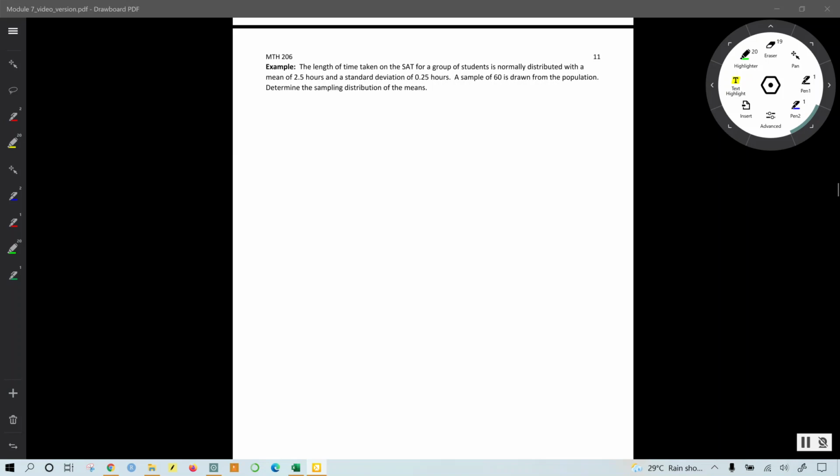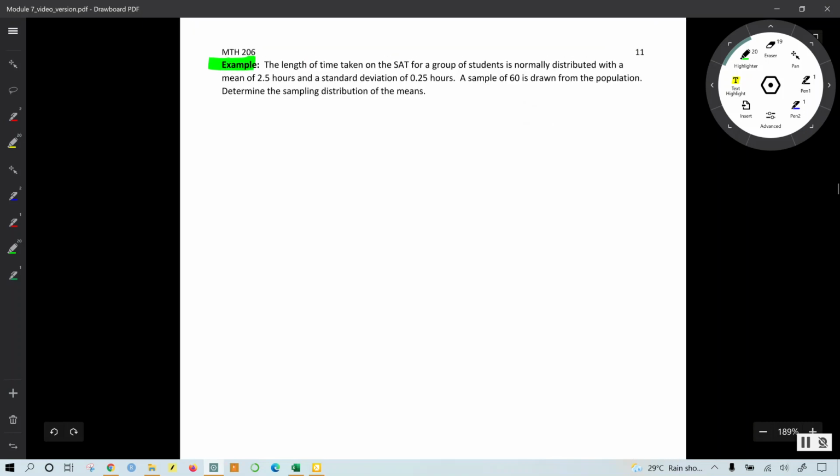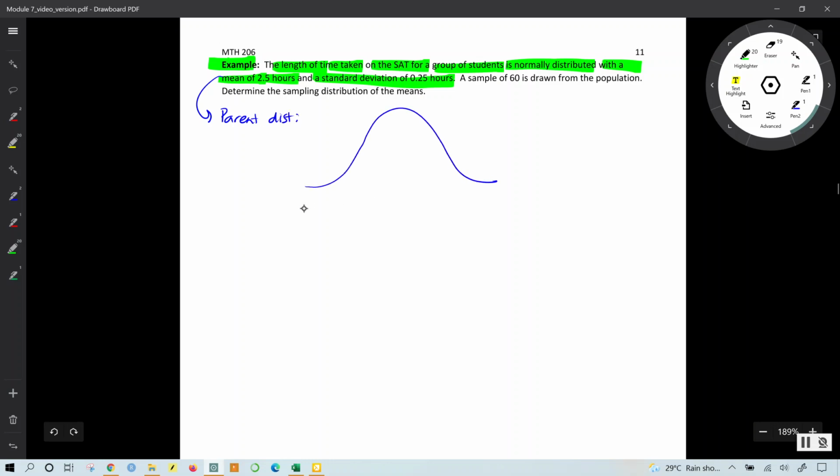In this video, we proceed to more examples that have to do with computing probabilities related to the sample mean. So for the first example, we're told that the length of time taken on the SAT for a group of students is normally distributed with a mean of 2.5 hours and a standard deviation of 0.25 hours, which means we're starting out here with a parent distribution that is normally distributed with a mean of 2.5 and a standard deviation